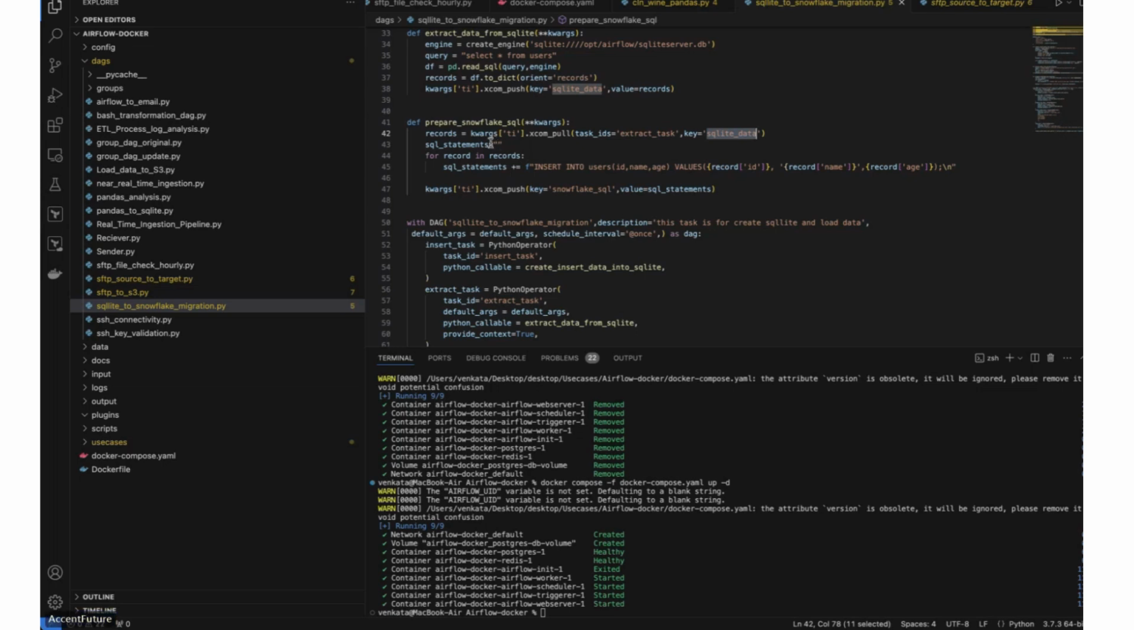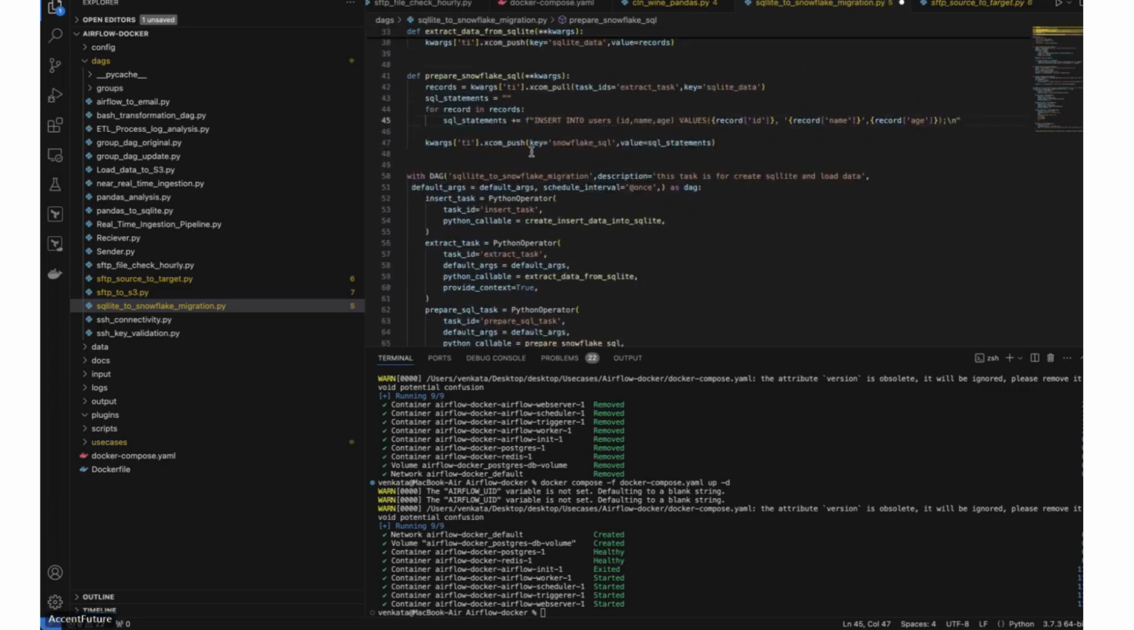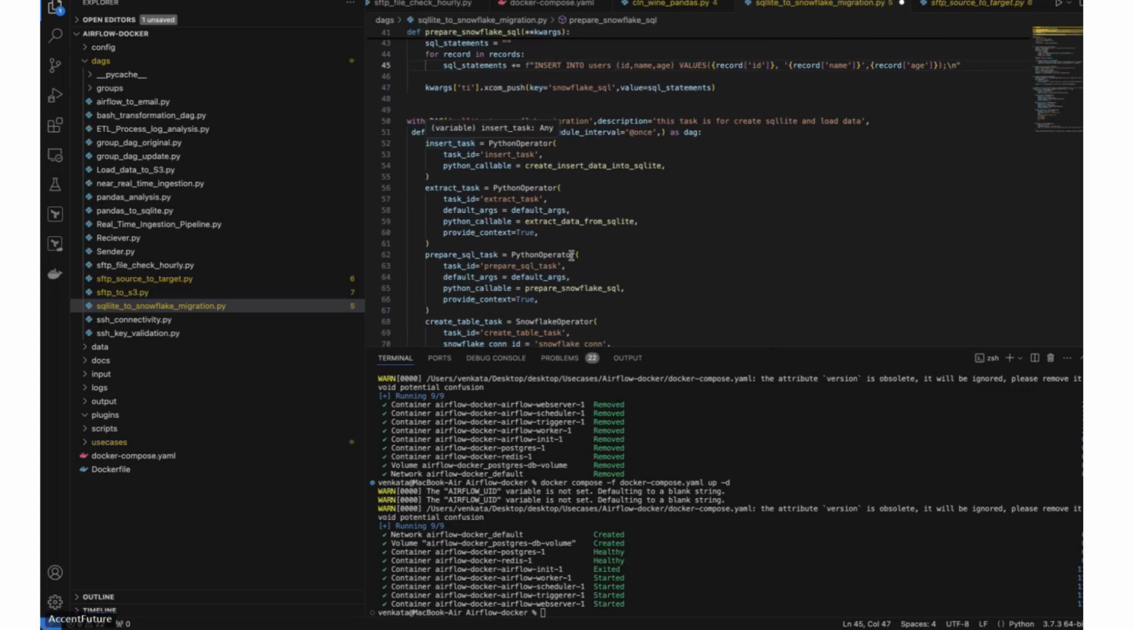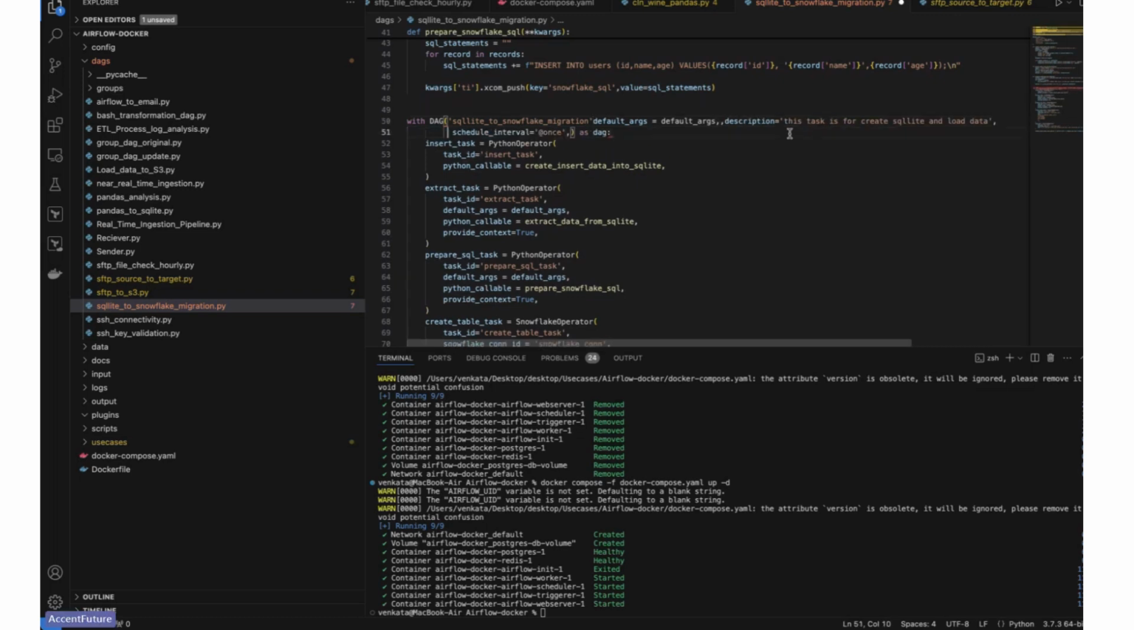SQL statements, just always define something. And for the statements, inserting into the users table, ID, name, age, values of record of ID, record of name, record of age. So this is actually pushing with the key called snowflake underscore SQL, and the value is actually SQL statements. That's it, and the DAG, with the DAG,